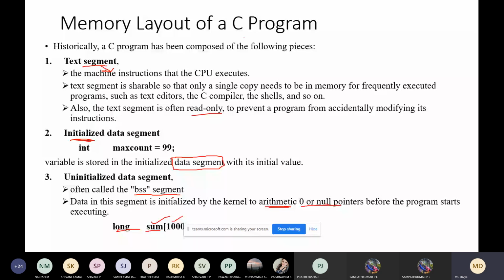These are initialized values, which will be stored in the initialized data segment. These are uninitialized, which will be stored in the uninitialized data segment. Very simple. Here it is initialized, here it is not. You can see we have just created an array without initializing any array index values.